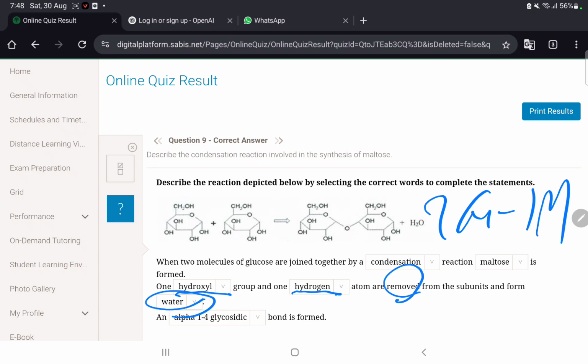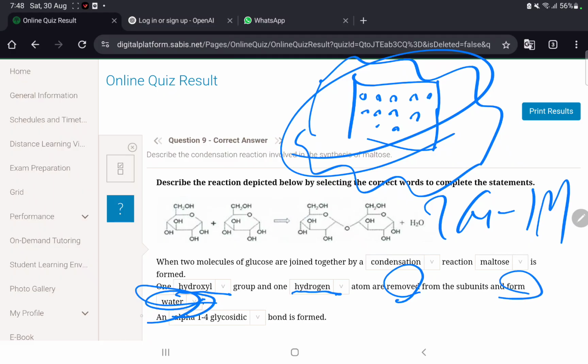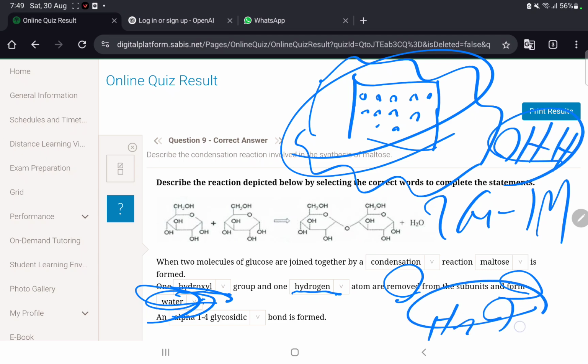So in condensation, just like in normal condensation, for example you have a window, and from outside you have these little tiny water droplets. It's because the water vapor around the window gets cooled down and turns into water. That's how it happens. Just like here, forming water. So it takes one hydroxyl group and one hydrogen atom, fuses them together, you get H2O, okay.